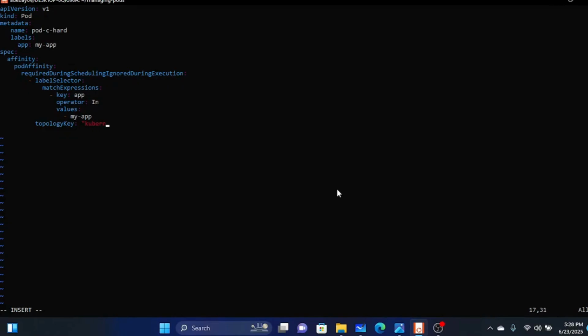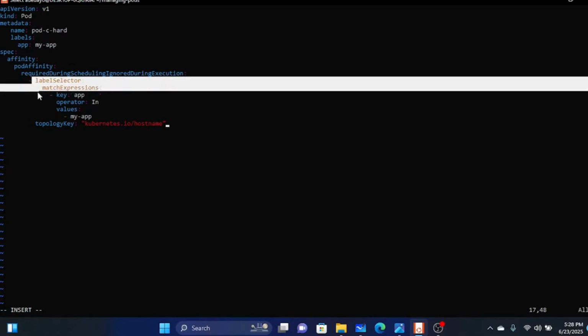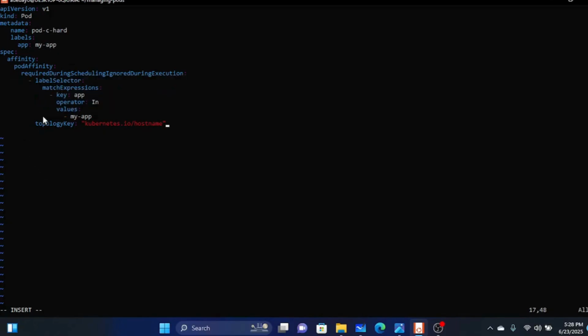So I'm going to say kubernetes.io/hostname, right? And this is good, and let's be wary of typos. Let's now write details about our container. I'm going to say containers, and I'm going to give the name. I'm going to say name equals my web server. That's the name I'm going to give it, and I'm going to say the container as well should be nginx,